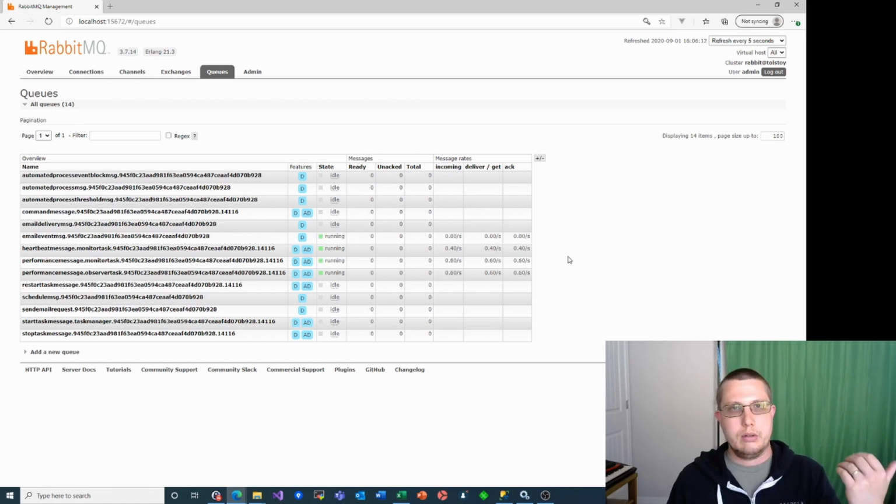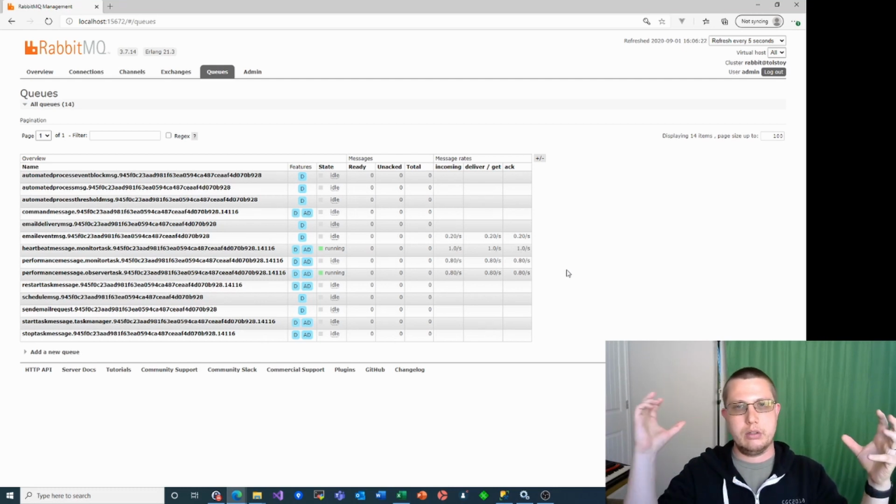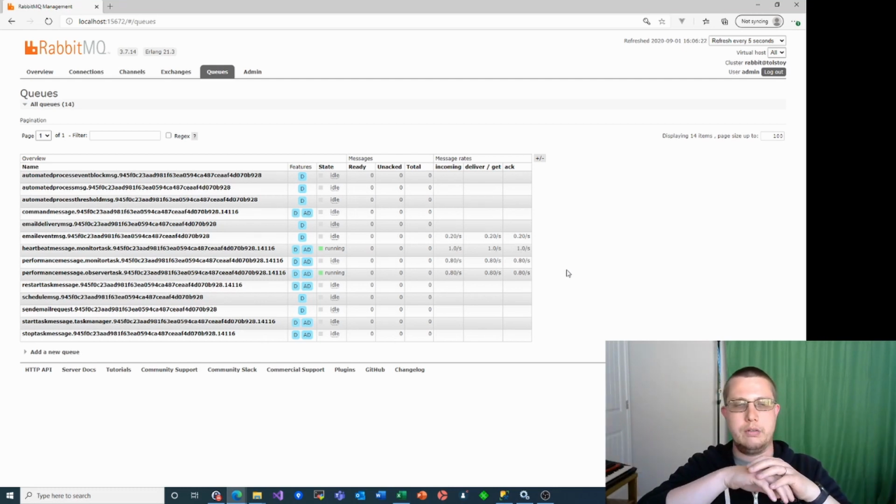Alright, so RabbitMQ is a queuing system, which, if you're familiar at all with how queues work, basically there's a producer and a consumer, and the queue facilitates asynchronous communication between the two. The producer creates a message, drops it on the queue. A consumer picks it up off the queue in first in, first out order, and does something with it, and either it